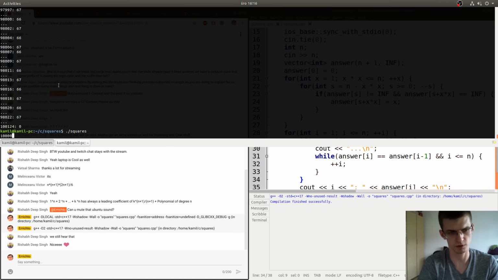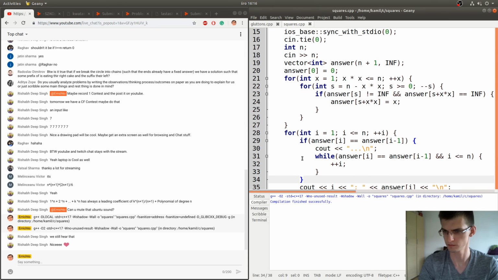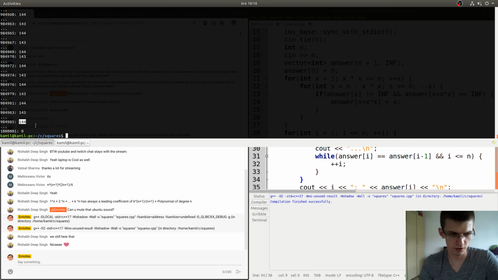What we get for 1 million? Okay. So we were right that the biggest possible answer is quite small. So for n equal to 1 million, we have this value equal to around 100.